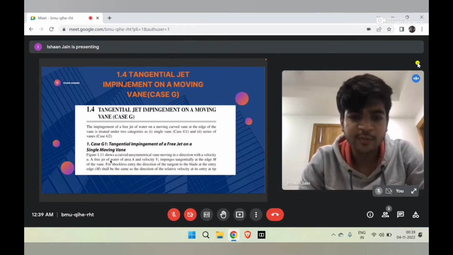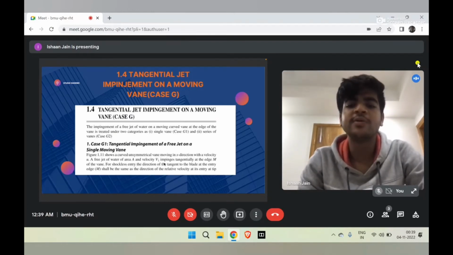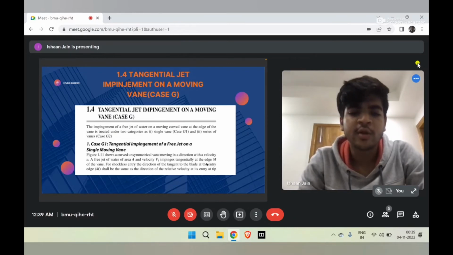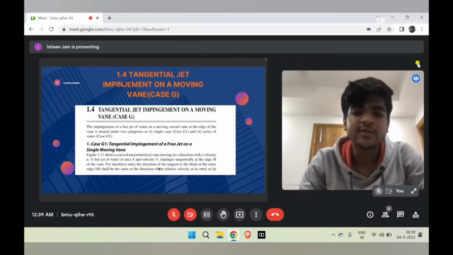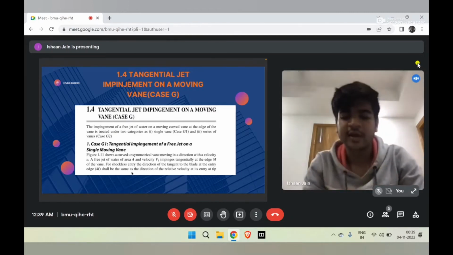फिगर में मैं आपको भी दिखाता हूँ। A free jet of water of area A and velocity V1 impinges tangentially at the edge M of the vane। For the shockless entry, the direction of the tangent to the blade at the entry M shall be the same as the direction of the relative velocity at its entry।